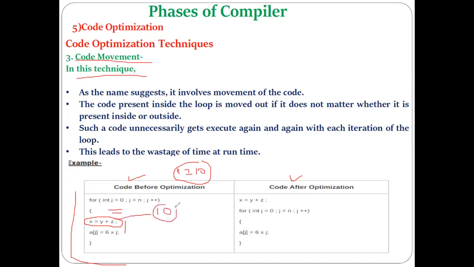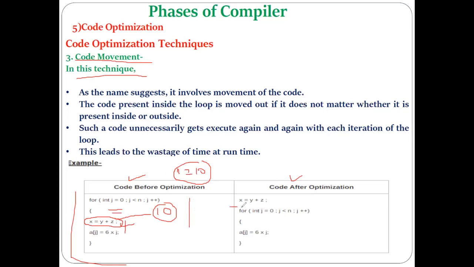But is there any sense in processing this 10 times if there is no change happening in the value of x equal to y plus z? No. Here there is no need to execute this instruction 10 times. So can you write it in another way, where the meaning of this for loop will still remain the same?